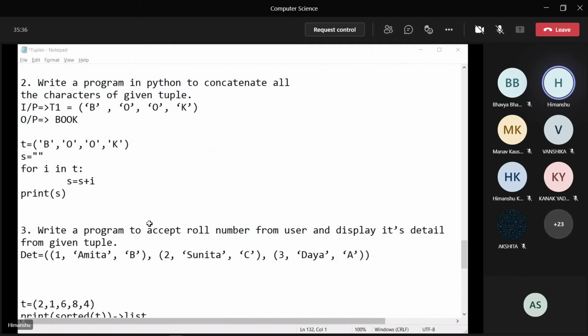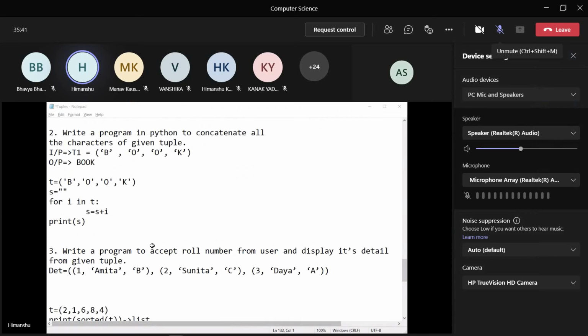Akansha Sharma. Akansha. Yes, sir. Arav Liwal. Yes, sir. Arav Sharma. Agnish. Surya.